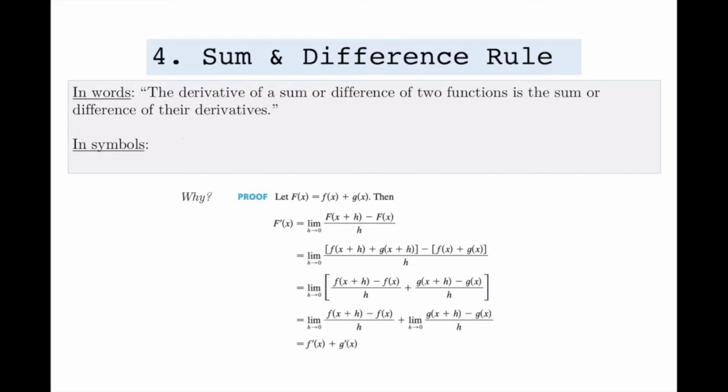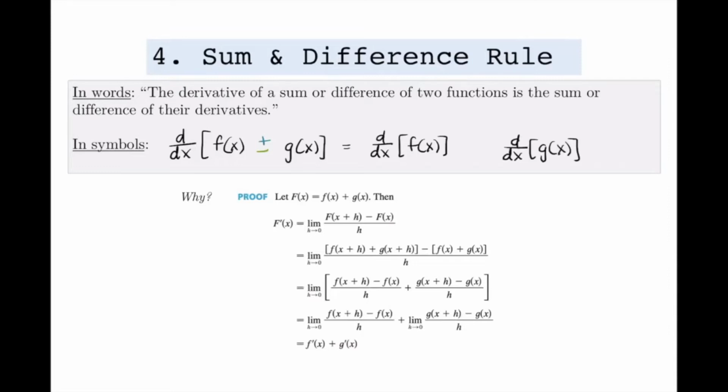In simple terms, what this says is if we're looking at the derivative of a sum or difference of two functions, so I'll write that as f of x, some stuff with x, and then plus or minus some other function, another thing with x in it. So I'll use g of x for that. What this rule says is that this is equal to the sum or difference of the individual derivatives. So we can look at just the derivative of f of x, we can look at just the derivative of g of x,